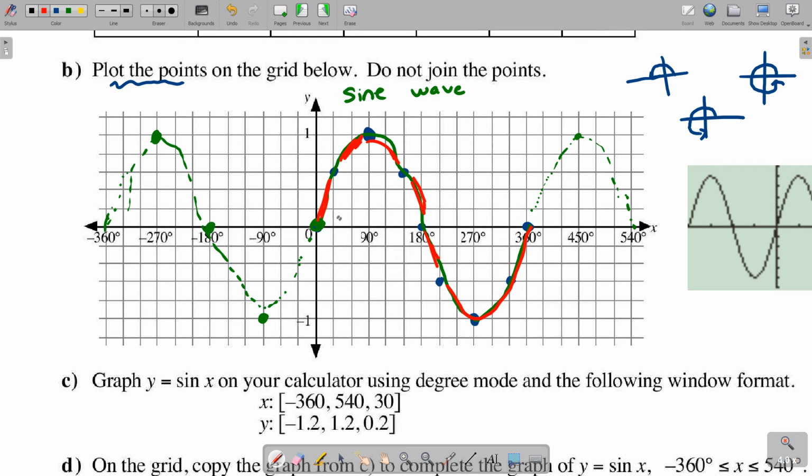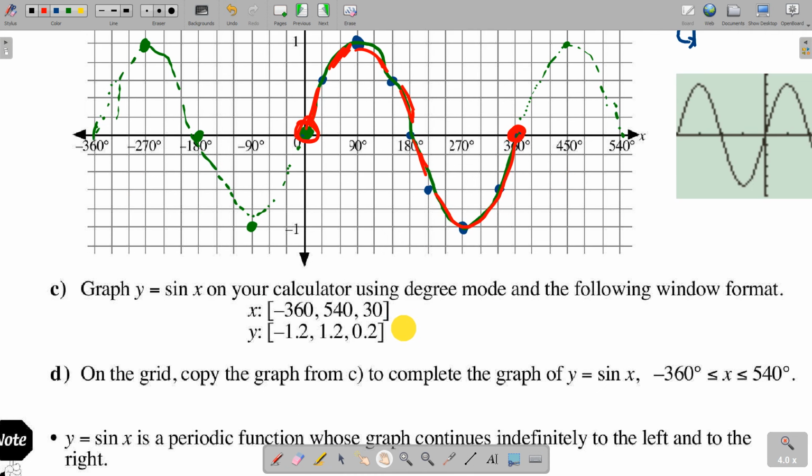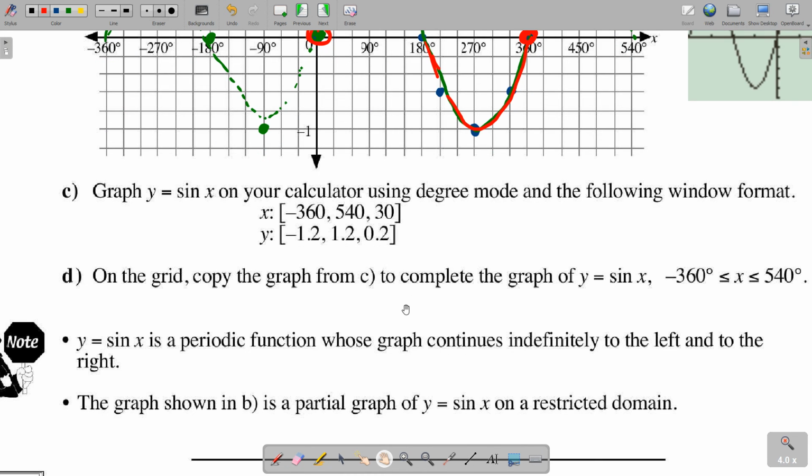Now it's important to note it starts in the middle, and as it makes a full cycle, there it is, a full cycle, 0 to 360. There's the period it makes, goes from the middle point to the middle point. That's the big idea of a sine wave. Now it says to continuously graph all the points, and it's periodic indefinitely left and right. Well, how do we know it goes indefinitely left and right? Well, that's what our good friend